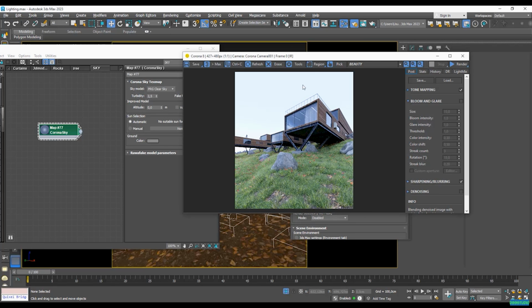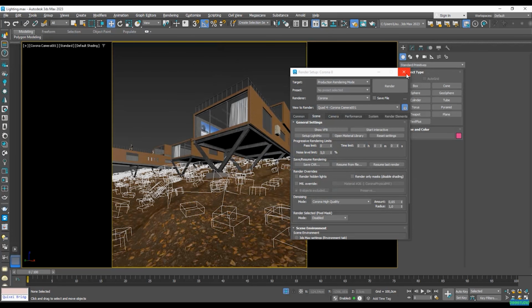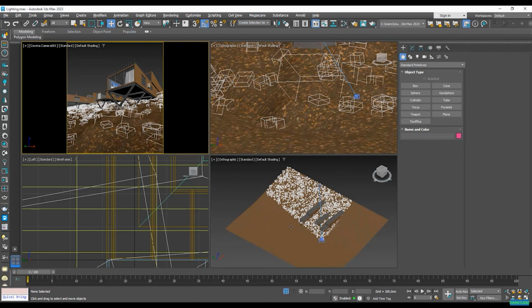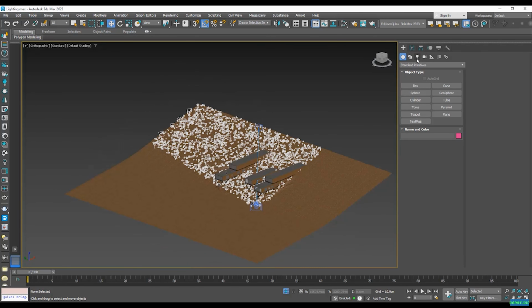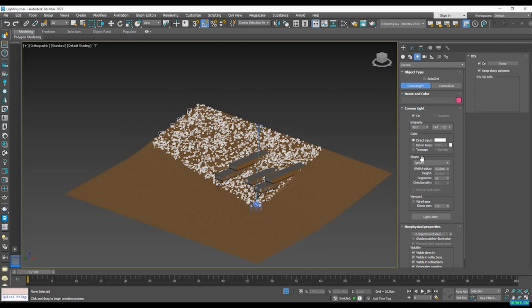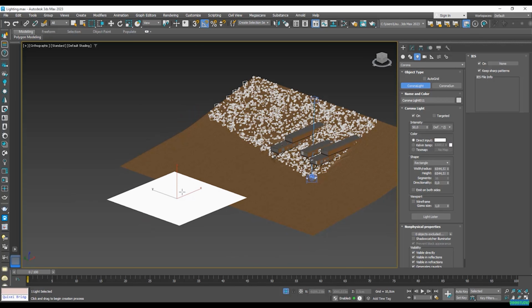So to create an artificial light, we're going to be using a rectangle light from the Corona options. So let's go into a more comfortable viewport to create this. I'm going to go to the Creation tab, and here on Lights, I'm going to go into Corona and Corona Light. Make sure down here that the shape is not the sphere, but actually a rectangle. Okay, so if I just press and hold my Control key, I'll be able to create a uniform sized rectangle